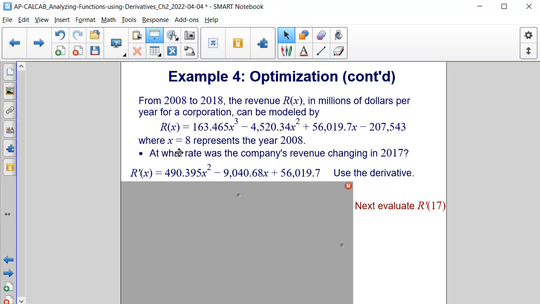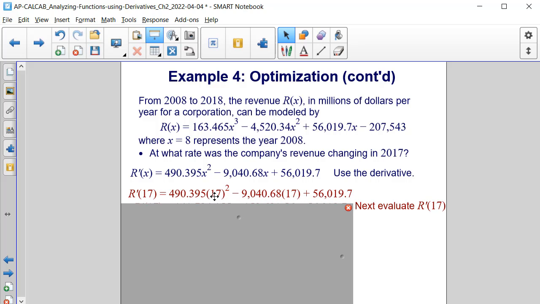Similar to answering the last question, we are going to evaluate the derivative, r prime, at 17 instead of at 10. So let's first start by substituting 17 in for our x values, and then when we evaluate these, we will get,